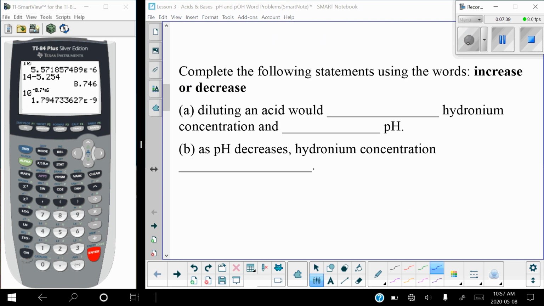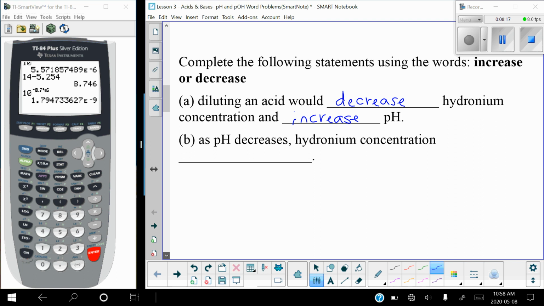Complete the following statements using the words increase or decrease. Diluting an acid would blank hydronium concentration. So if you are diluting an acid, you are decreasing the hydronium concentration. If hydronium concentration is decreasing, that means your pH is approaching the basic side, or it's approaching neutral, which means that it is going to increase